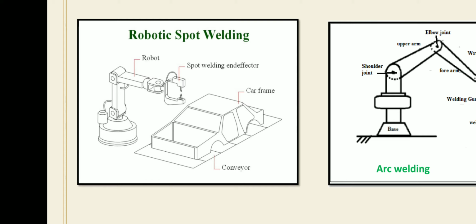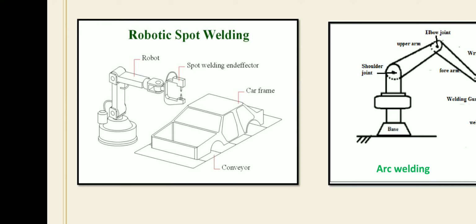The robot used in spot welding must possess different capabilities. The robot must be relatively large, it must have sufficient payload capacity to readily manipulate the welding gun, the work volume should be sufficient to accommodate the parts to be welded, and last, for good movability, the robot should have a larger number of degrees of freedom.